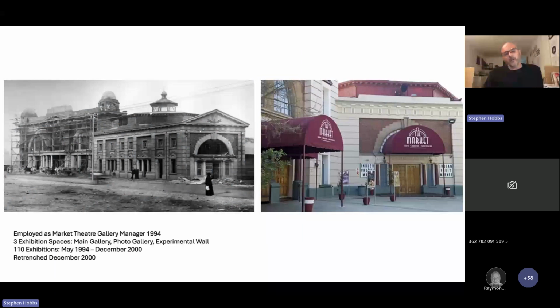I was very, very fortunate when I finished in 93. Obviously, I graduated in 94, and I was approached to run the Market Theatre Gallery, which was in its phase of reinvention. This is 1994. We'd just come out of a cultural boycott. There had been a hiatus in programming the gallery up until 1994 due to a kind of waiting game around